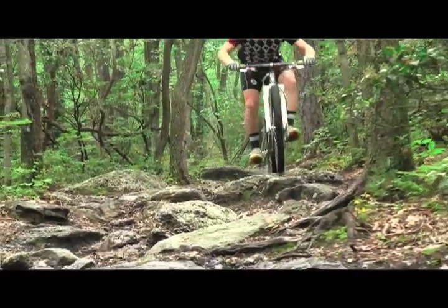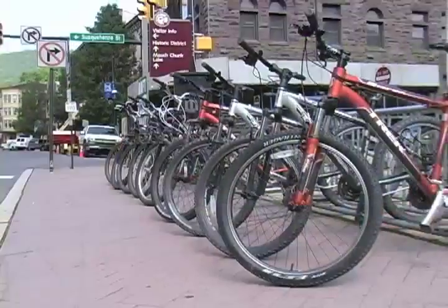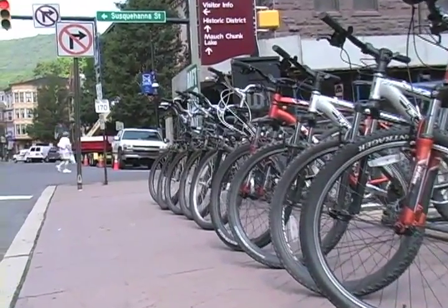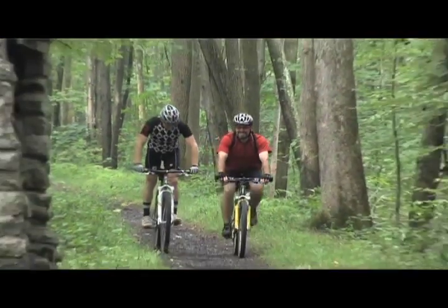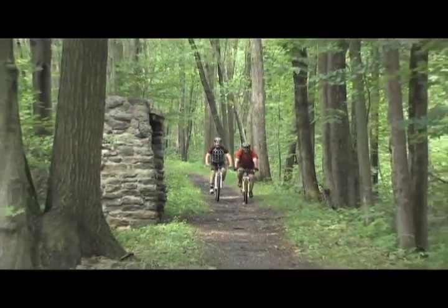I'm Tom Loughery, the lead guide from JTX Tours in Jim Thorpe. I moved here about 9 years ago. I discovered Jim Thorpe in 1996 through mountain biking, and I've been riding here ever since. And ever since 2004, I've been taking people out and helping them discover the many trails that are around this